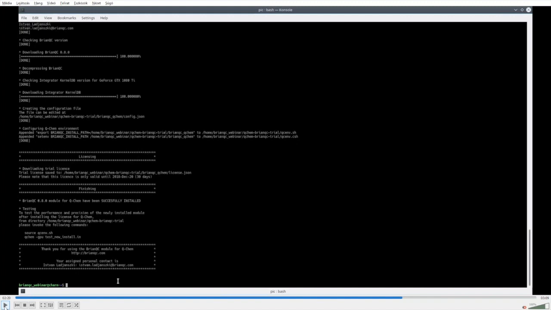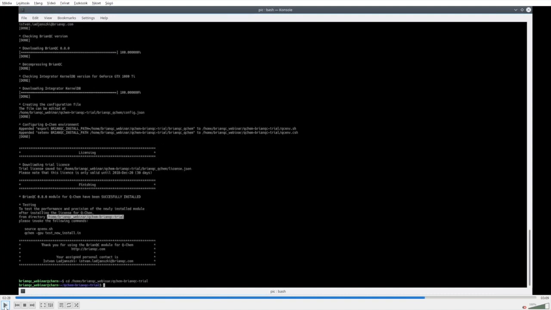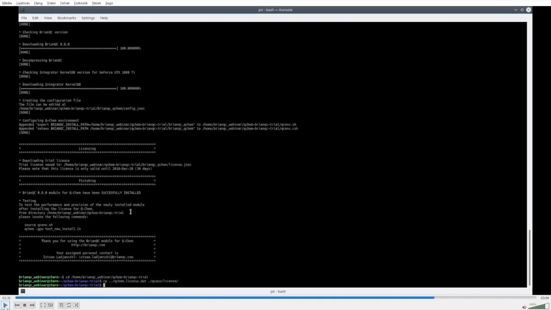Other than that, the installation is finished, and I think the natural question here is how can we test it? First, you have to have a license. Because this is the scenario for current QChem users, we have the QChem license at the time of the installation. So we just go into the directory where it is and copy it to the place where QChem normally looks for its license. After that, we source the qcenv.sh,